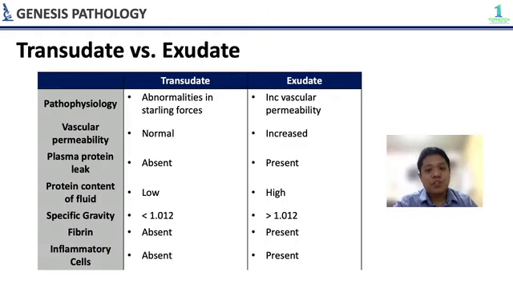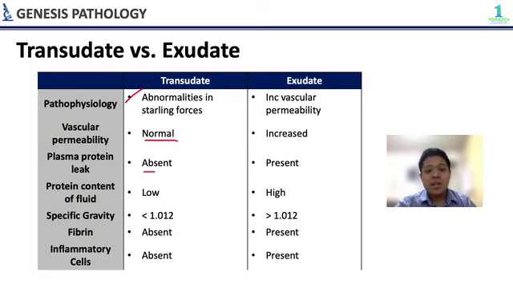Next, we will differentiate transudate versus exudate. So, yung transudate, ang pag-alala ko sa kanya is clear fluid and exudate is basically pus. So yung pathophysiology ng transudate, it is an abnormality in Starling forces. So let's take heart failure for example. So yun nga, nagkakaroon ng mataas na pressure in the pulmonary capillaries kaya nagkakaroon ng pulmonary edema. And then you have normal vascular permeability. Ibig sabihin nun, it's just because mataas ang pressure nung sa capillary pero the endothelium is still normal.